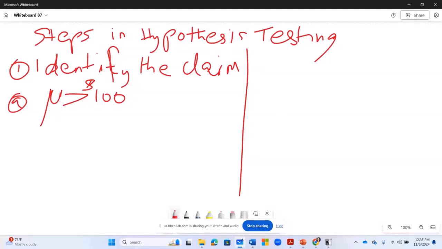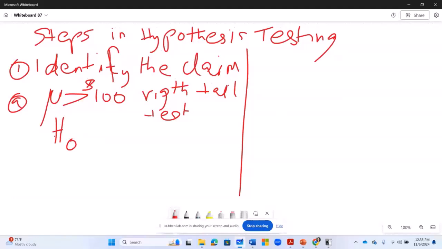If somebody makes a claim like this, we call it a right tail test. And then if I am told to identify the claim, I will identify it as the null hypothesis